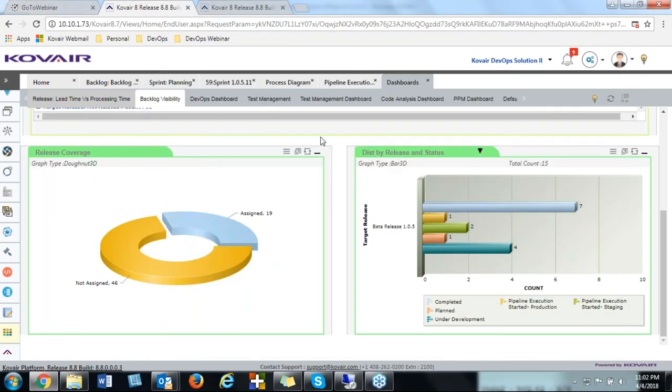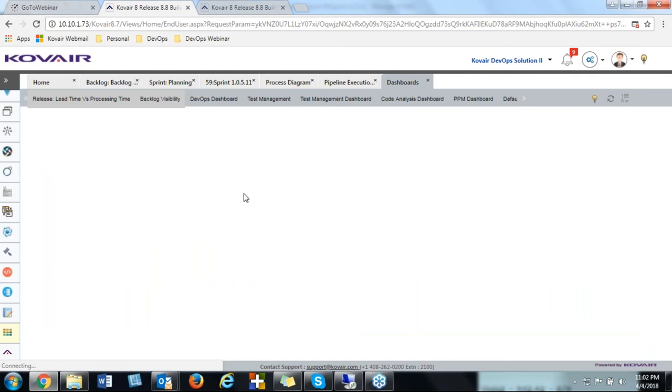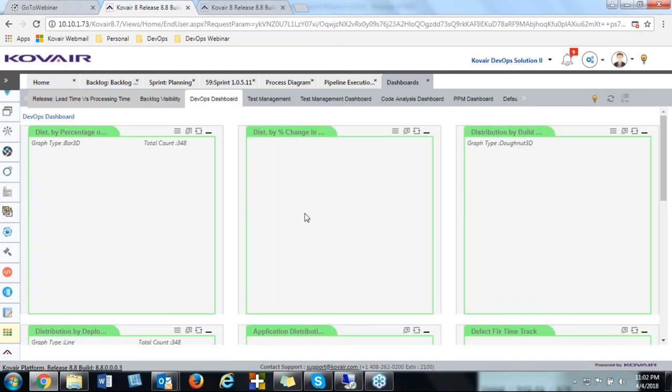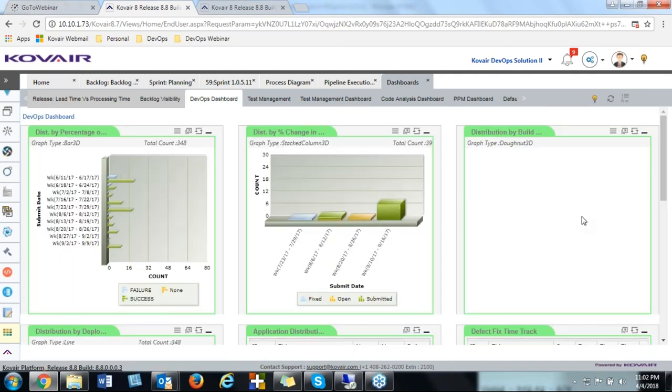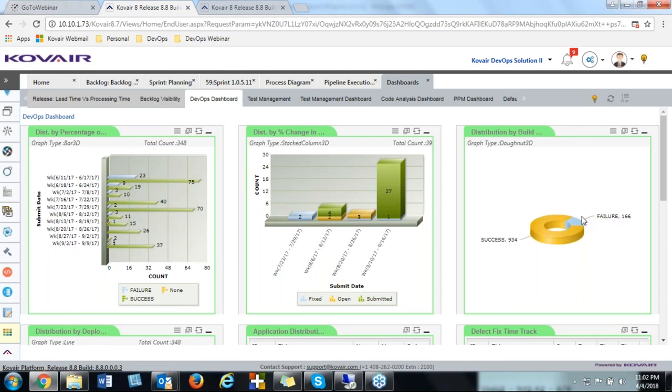Also, let me take you into the DevOps dashboard. So here you can see a series of gadgets organized in 3 columns. Kovair dashboards allow you to create various kinds of formats, and here you can see all the distribution by percentage on the volumes.